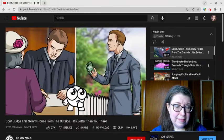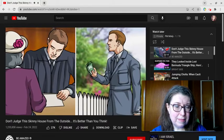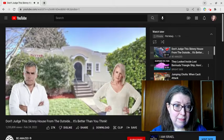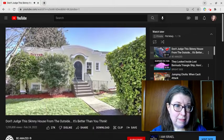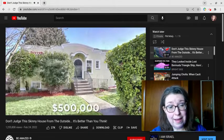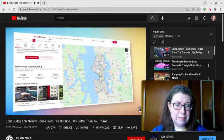Whichever of the two reported backstories is true, if any at all, one idea seems to prevail. This house was built out of spite. What stings even more than the spite, though, is that this bitter abode is worth around $500,000. Oh my God. That said, Realtor.com suggests the average Seattle home costs around